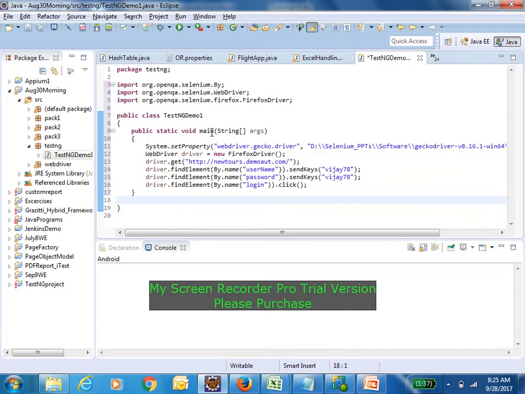Fine. So if you want to execute, I have a main method. Using the main method, I am executing it. Right. So then when I run it, it is a Java execution. And you cannot find any result at all. So if you want to see the result, what you need to do? Only the console.